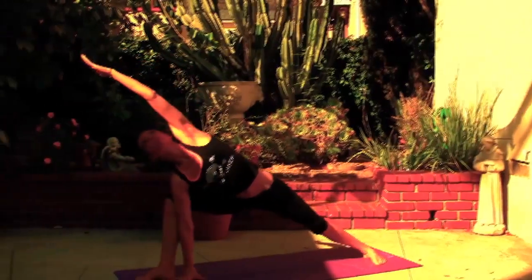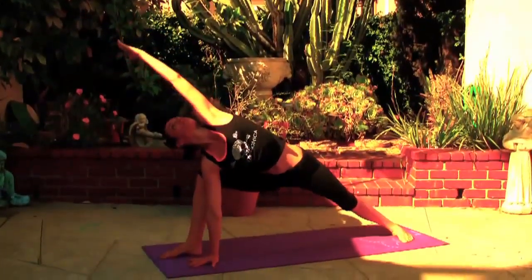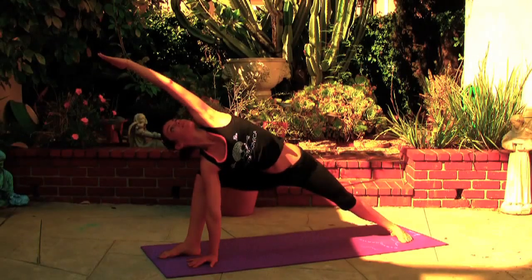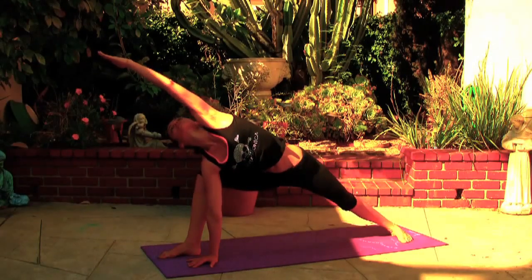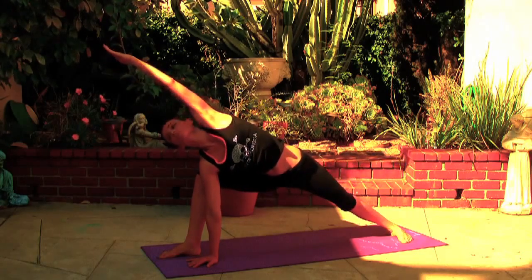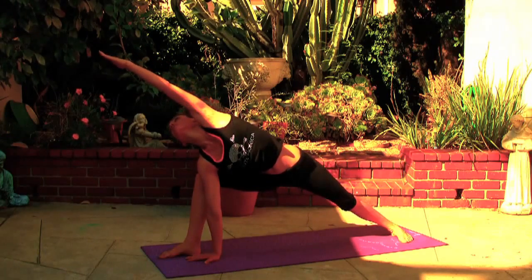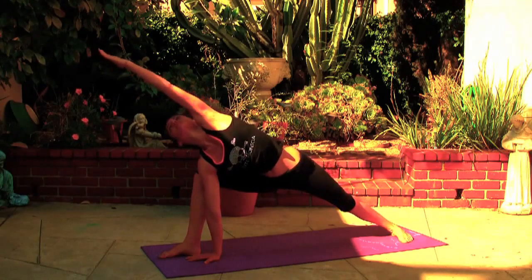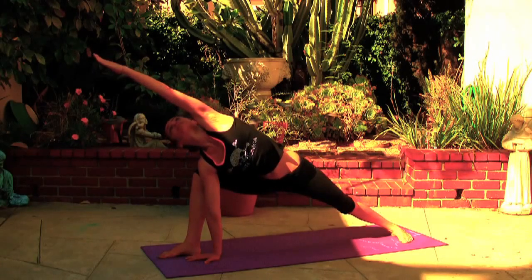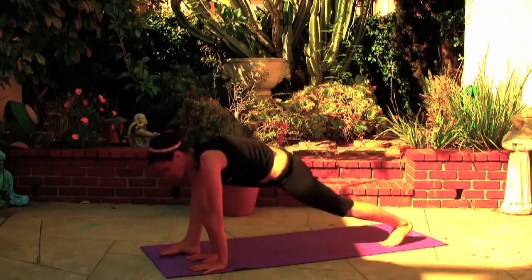you can reach forward towards the front of the room, coming into side angle, lowering the right hand on the inside of your right foot, and the left arm you can either reach all the way towards the front of the room with your palm of your hand facing up, or you can reach up towards the sky. Keep opening your left hip, externally rotating your left hip, and maintain a length in your spine, the length of